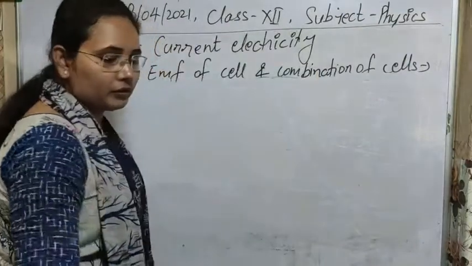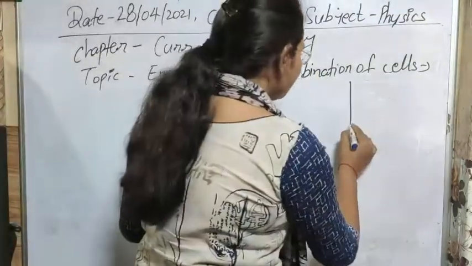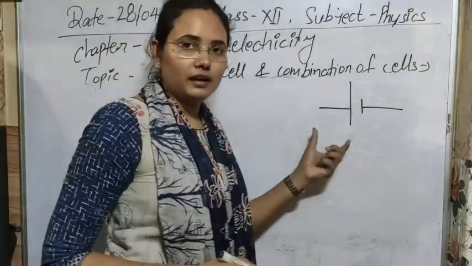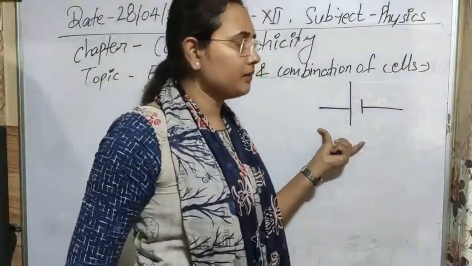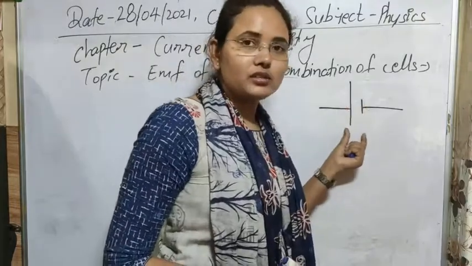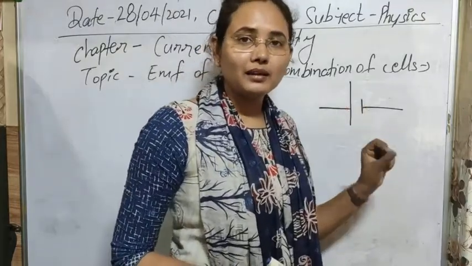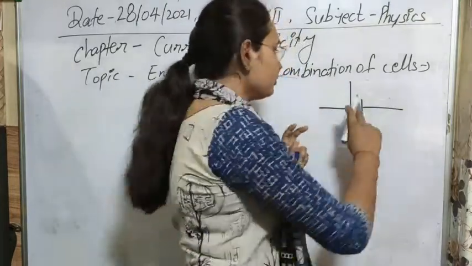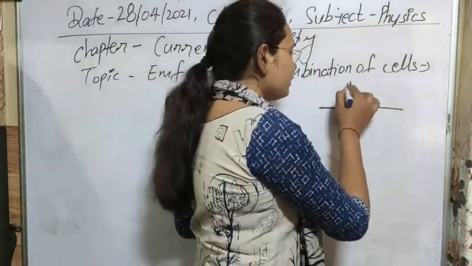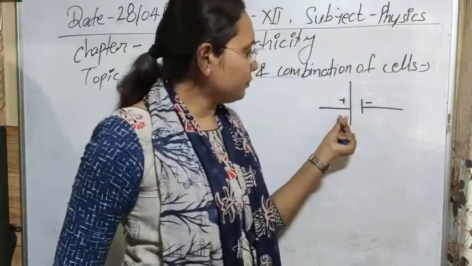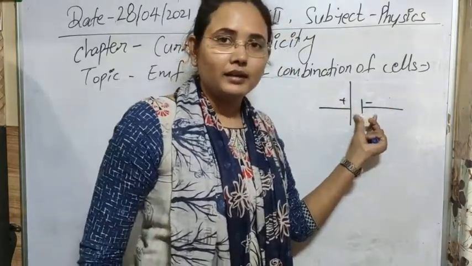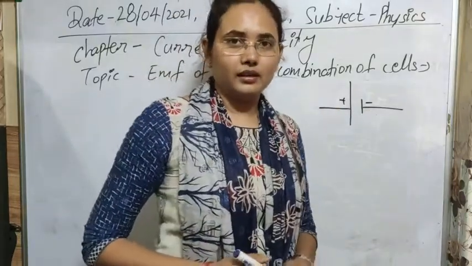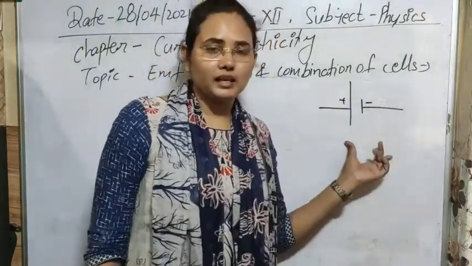First of all, you know that the symbol of a cell is this. You can understand it by the composition of this. We are taking two electrodes, we are taking a solution, and due to that some ions are accumulated on them, cations and anions. So we can make it in this way, and for that case this serves as the positive terminal, this is negative, and they are separated by some distance, and due to that some potential difference is created here. So this is the basic symbol of the cell that we have.